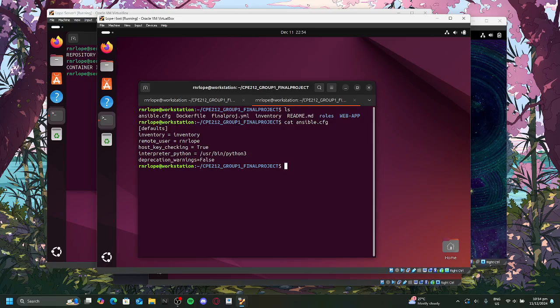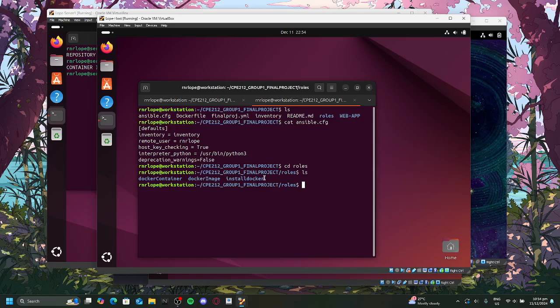And we're going to the roles. Inside roles, we have created three roles: Docker container, specifically the Ansible tasks to create the Docker container; Docker image, so that it can create the image on the managed nodes; and install Docker, which is the first one.